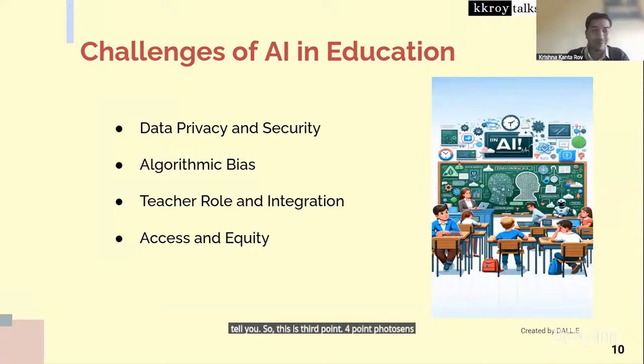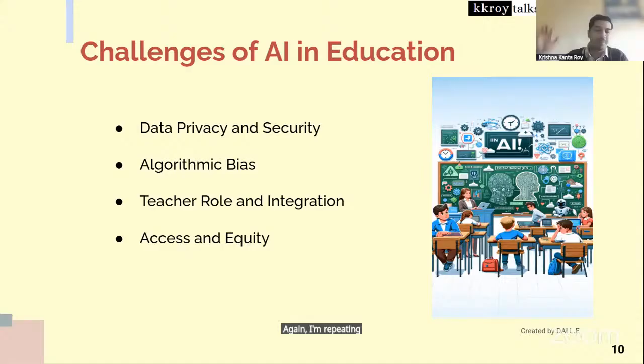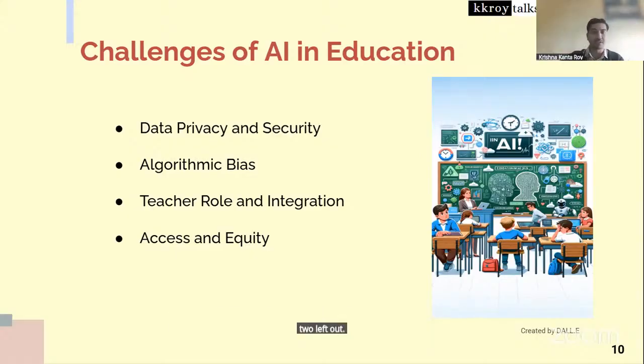फोर्थ पॉइंट थोड़ा सेंसिटिव है, विच इज एक्सेस एंड इक्विटी। अभी भी, इफ यू सी इन इंडिया, roughly speaking, around 50% of the schools don't have a single computer. Again, I'm repeating, as per UDISE data, 2022-23, around 50% of the schools don't have a single computer. हमारे यहाँ 15 लाख schools हैं, करीब 7 लाख schools के पास अभी भी एक सिंगल कंप्यूटर नहीं है। अगर आपके पास डिवाइस ही नहीं है, दैट मीन्स वो इस एआई रेवोल्यूशन, इस टेक्नोलॉजिकल एडवांस रेवोल्यूशन के पार्ट नहीं हैं, तो वो लेफ्ट आउट हैं। उनको हम बोलते हैं हैव नॉट्स।